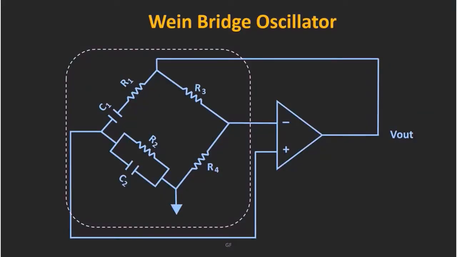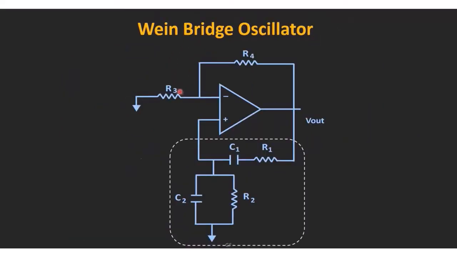The circuit of the oscillator looks like this. So you can see here it involves the bridge circuit. Now if we redraw the same circuit in a different way, you can see the resistors R3 and R4 are part of the amplifier, and these two branches of the bridge circuit form the RC feedback network. So here the op-amp is used in the non-inverting configuration, and the positive feedback is provided to this op-amp through this RC feedback circuit.